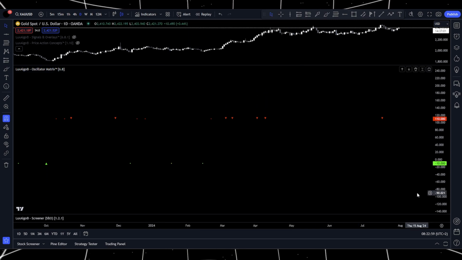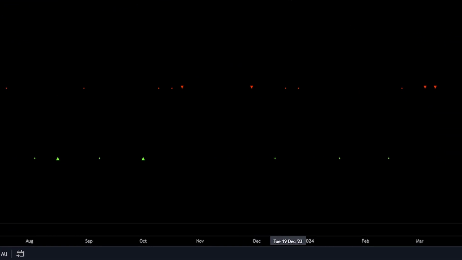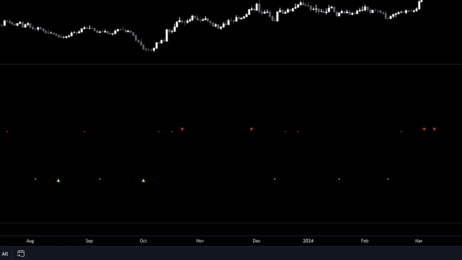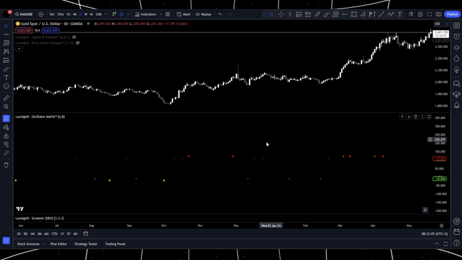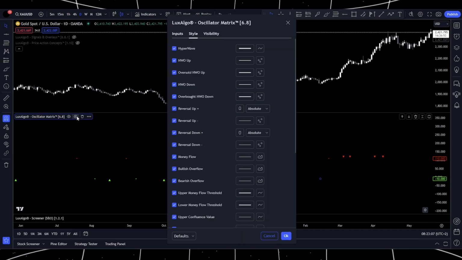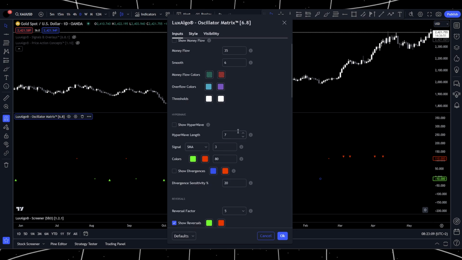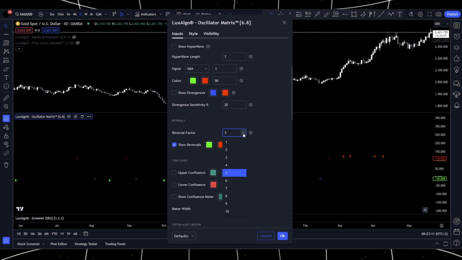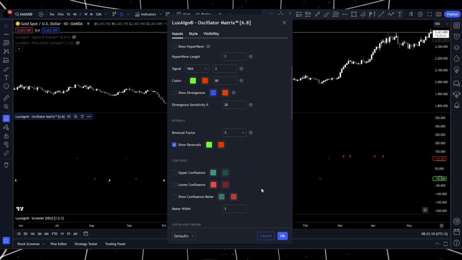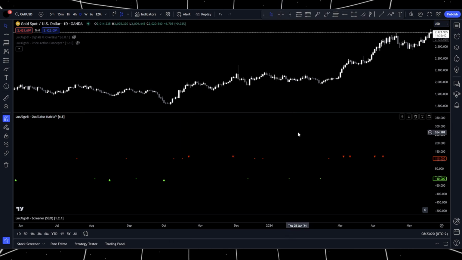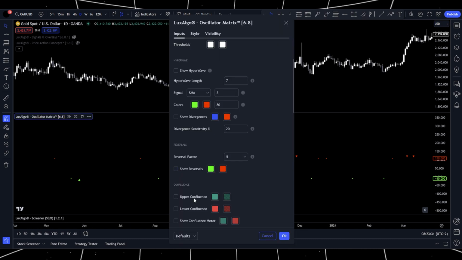Basically, the arrows which you can spot here and here are stronger signals while the dots are less strong signals. And opening the input section again, we can adjust the reversal factor based on our needs. Higher values will give us fewer signals, but they will use longer-term trends, and on the opposite, lower values will give us more signals using shorter-term trends. So, that's the general process of utilizing all the components in this indicator to interpret reversal signals and identify potential